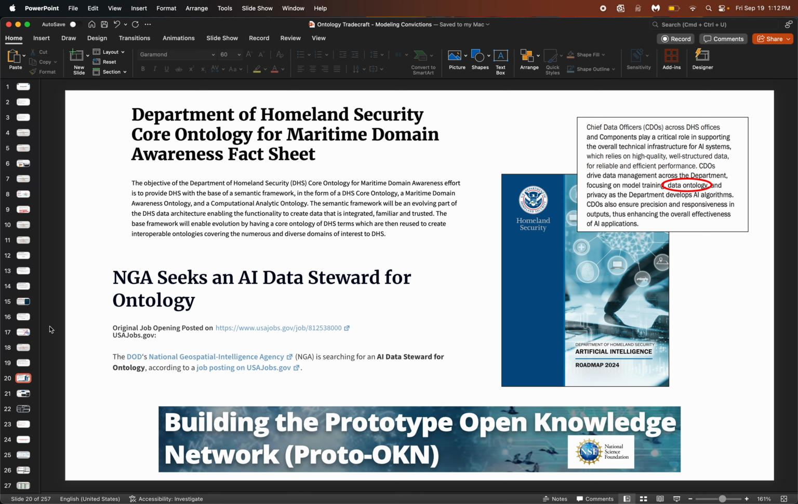They have it, as you see here, on a roadmap for 2024. They had ontologies represented directly in their AI outline. NGA is hiring data stewards for ontologies. There's this project at the National Science Foundation in the States building the prototype Open Knowledge Network, which is